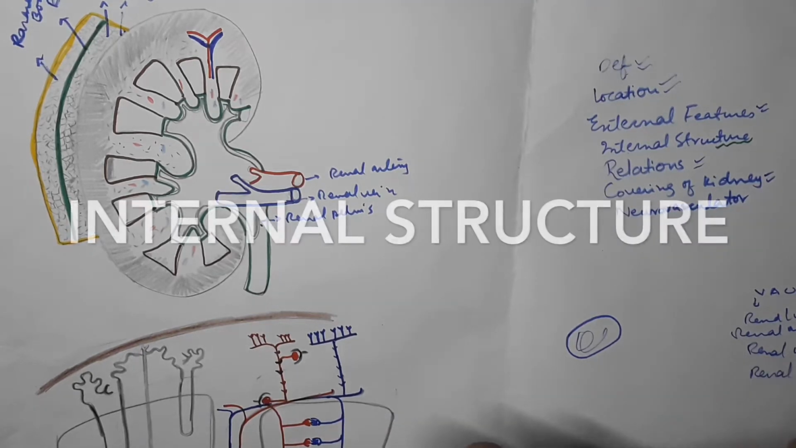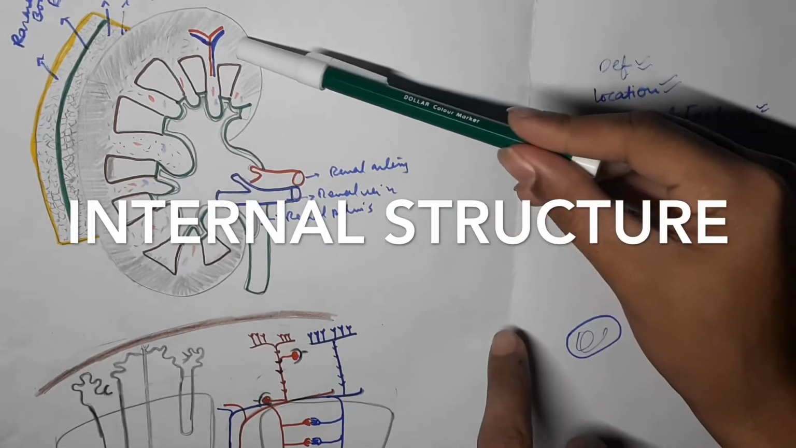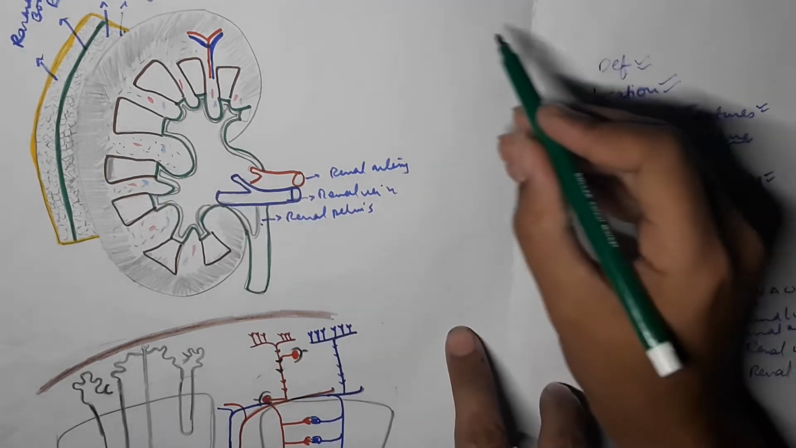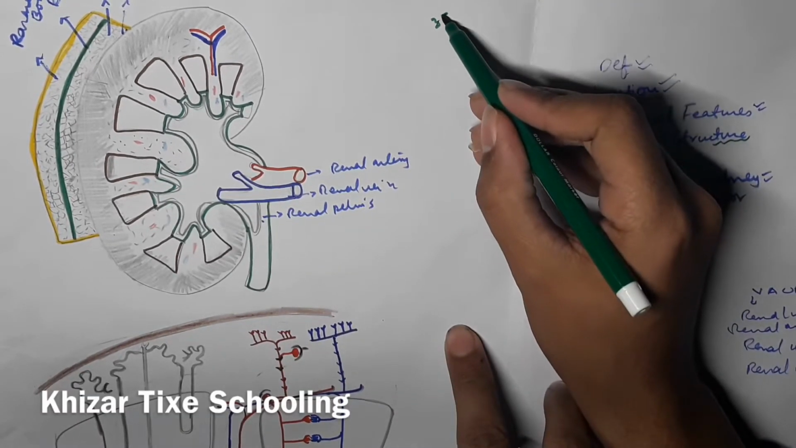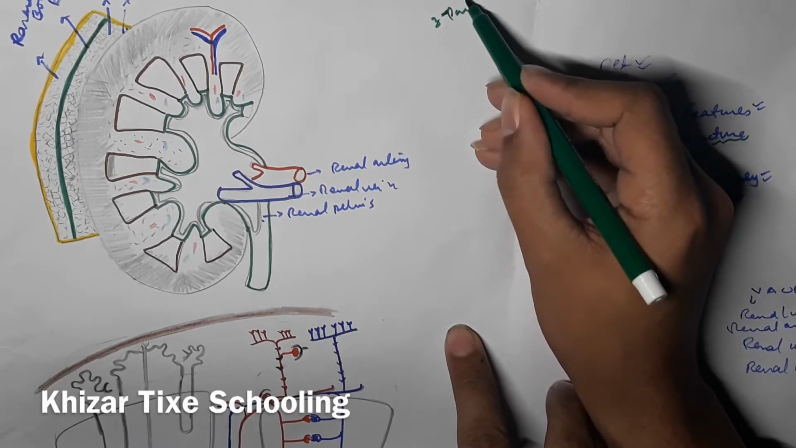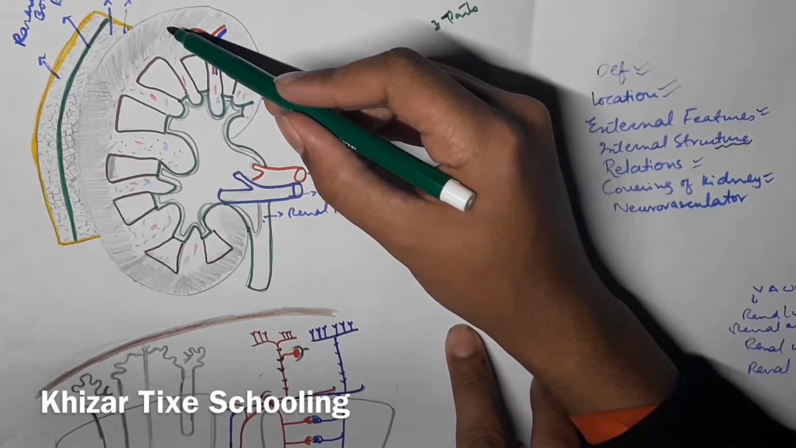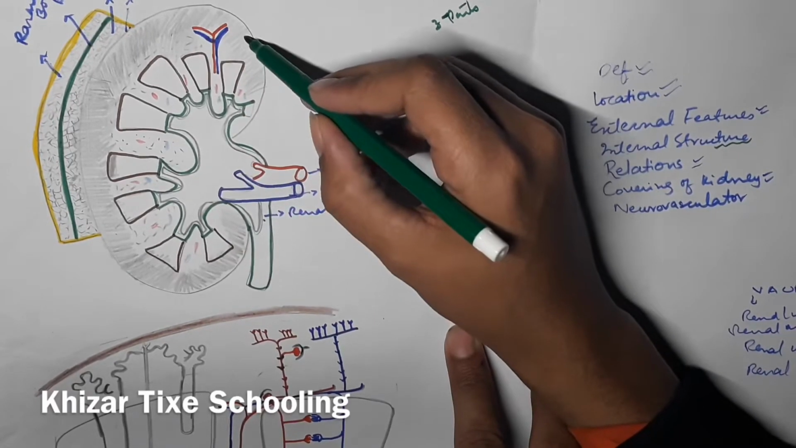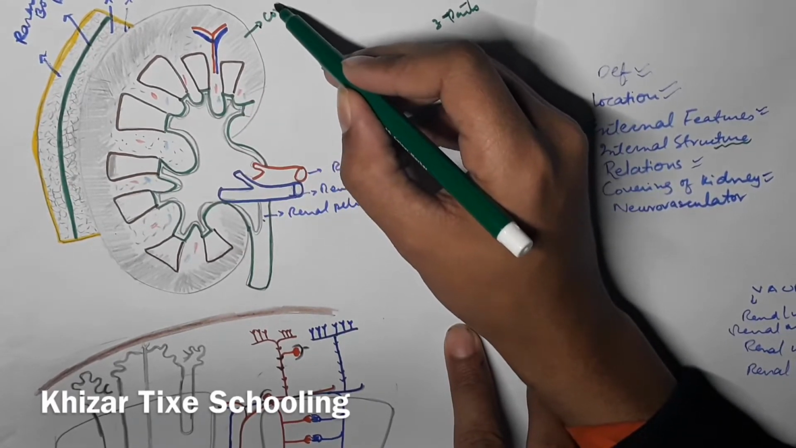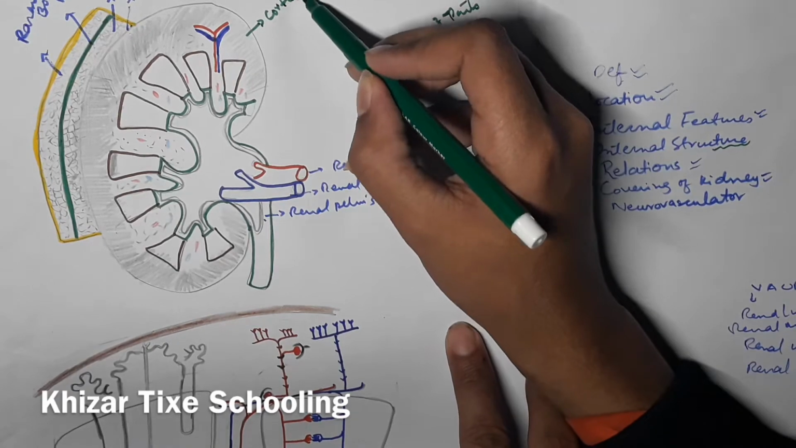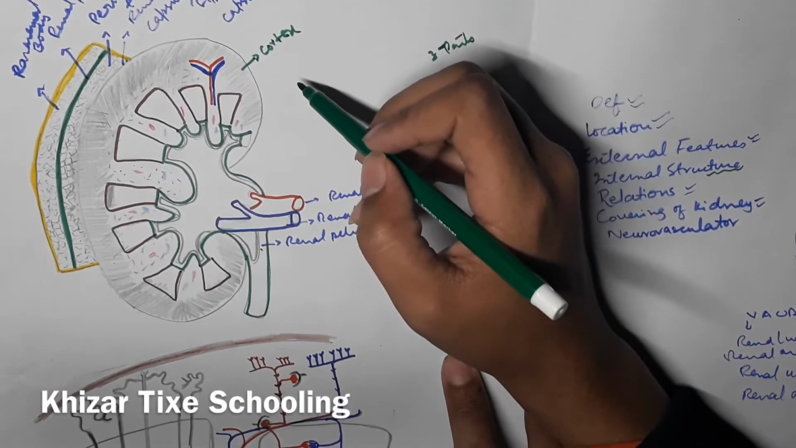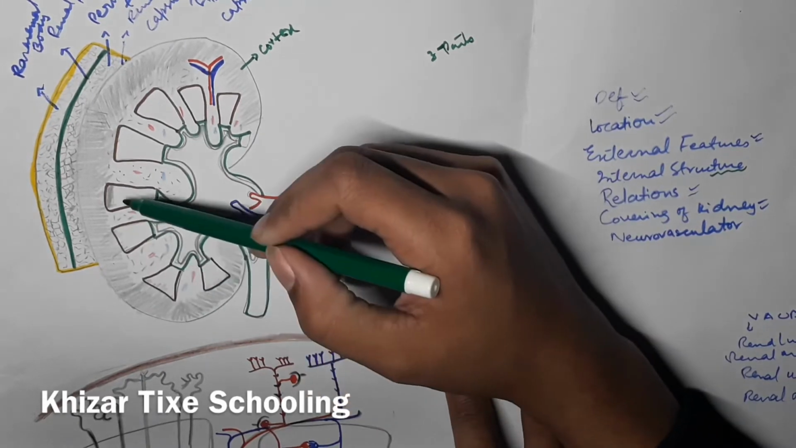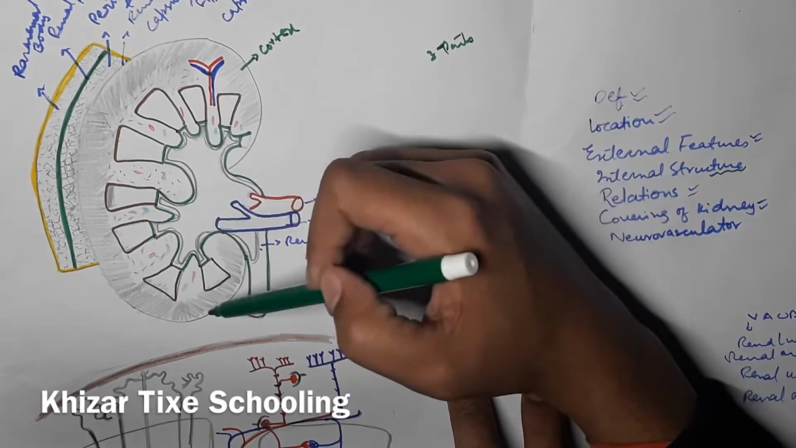Now the internal structure of the kidney. You see this is divided into three parts. Number one, this is the outer one, the outer reddish brown in color cortex. This is cortex. Now this inner one, which contains this pyramid-like structure, this is called